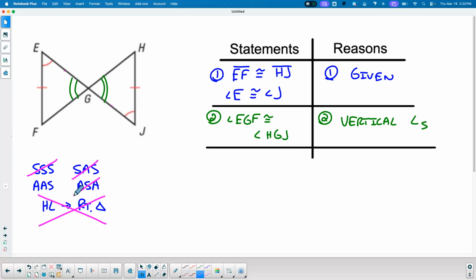But I have an angle. Let me get rid of my pink dots here. I have an angle, and then I have another angle, and then I have a side. I have an angle, another angle, and a side. So that is ding, ding, ding, my winner, winner, chicken dinner. So now I can say here,